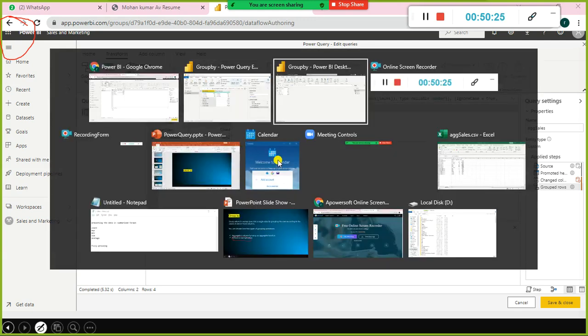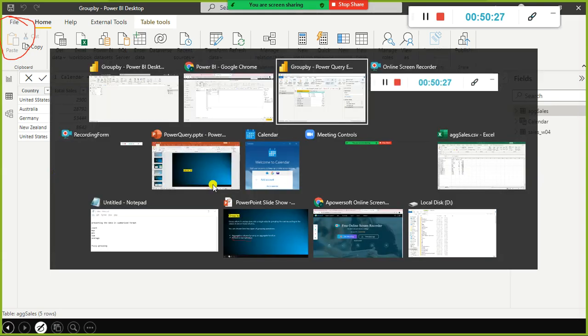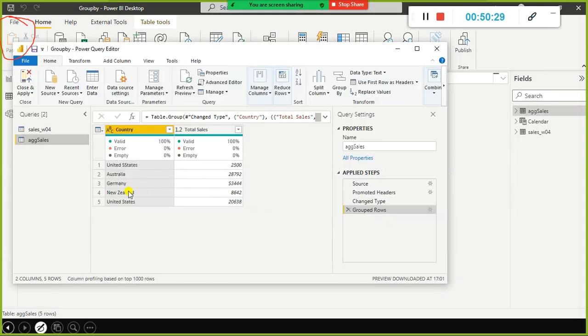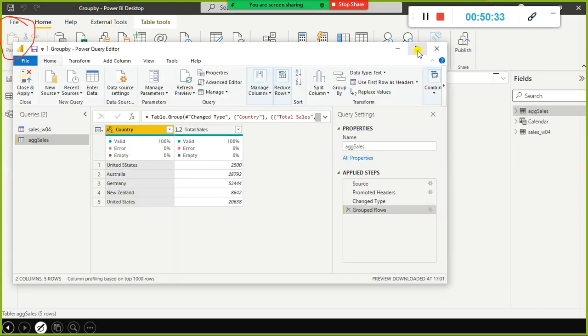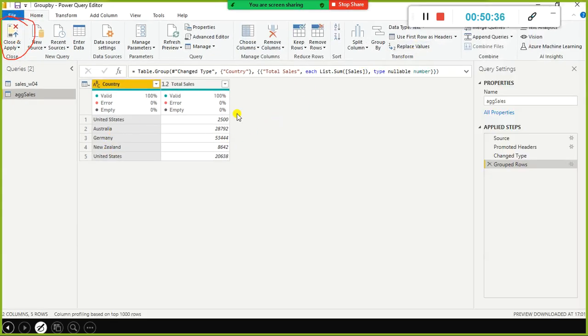Supposing you wanted to know how many records there are in each country. For example, in each country you have customers. How many customers are there in each country? That is based on the number of records, right? So you can use count. Using count you can find out how many records there are.